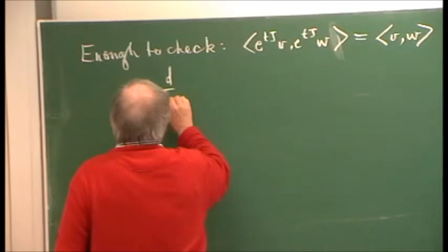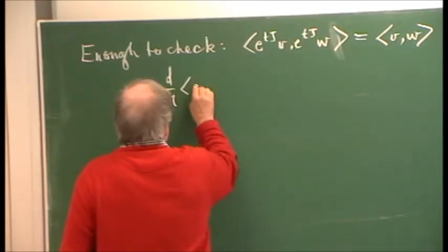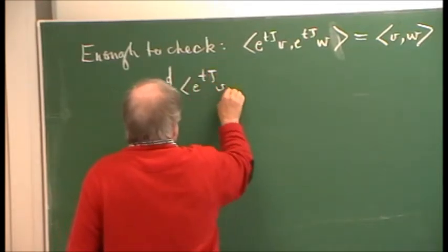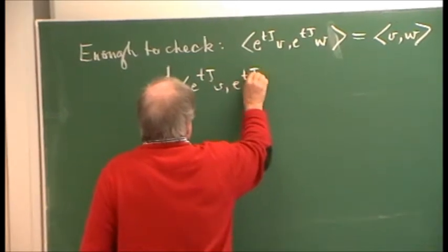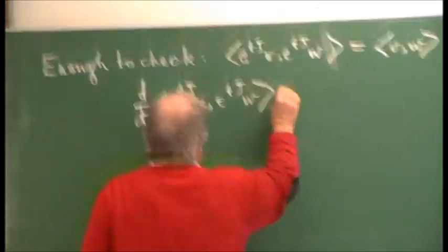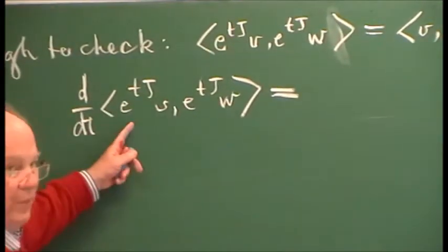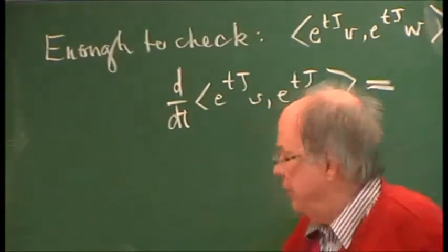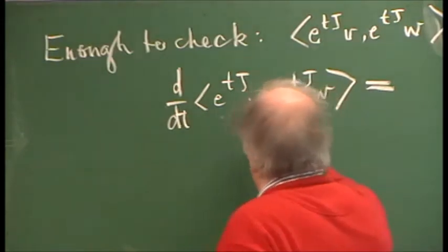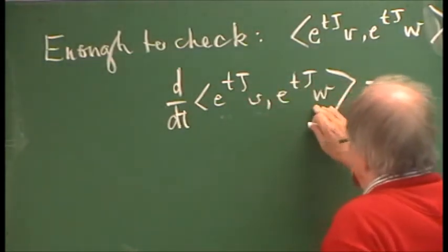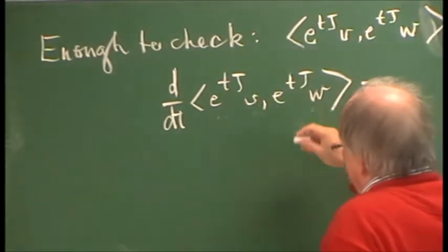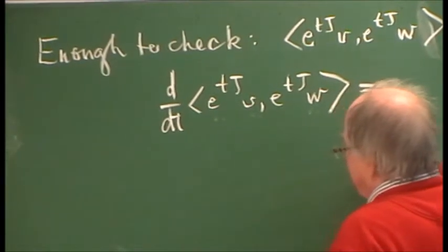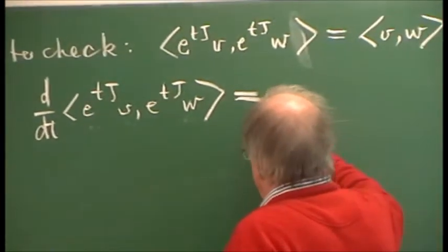d/dt of the left-hand side, you just do it out. Well, this is a product, right? So you use the product rule. So it's the derivative of the first times the second, plus the derivative of the second times the first. Well, what's the derivative of the first times the second? It's